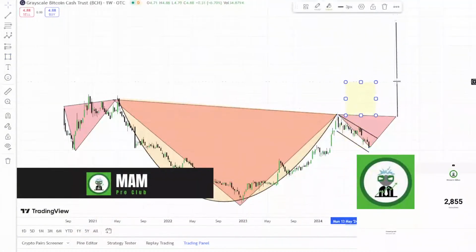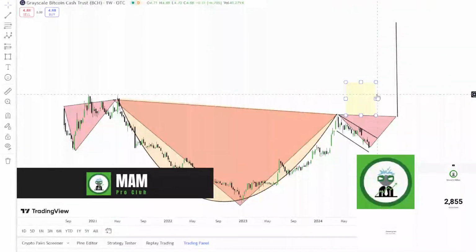My target would be $100. So either it's a cup and handle and your target is $100, or it's a massive inverse head and shoulders, with that being your left shoulder, that being your right shoulder coming just lower, which is what you want to see, and the breakout target,